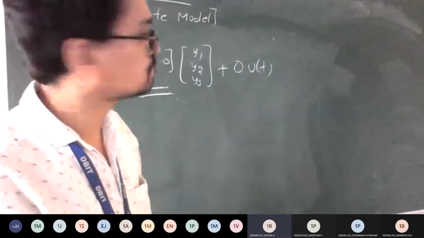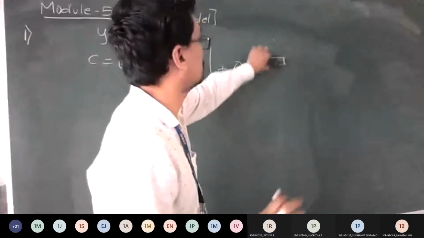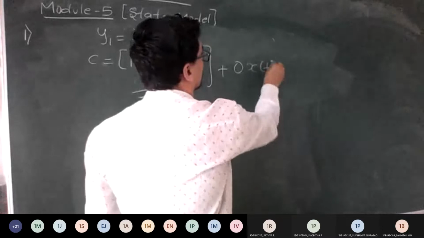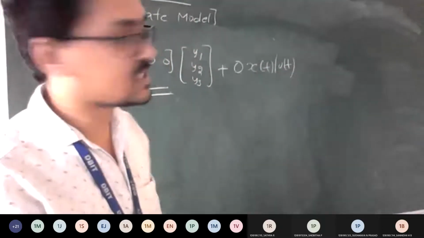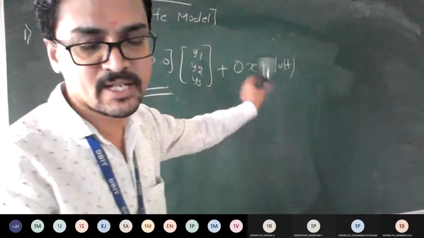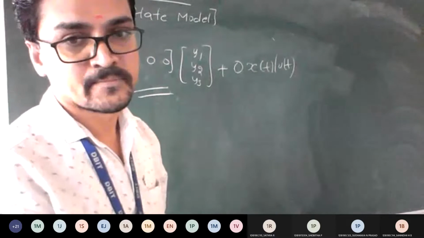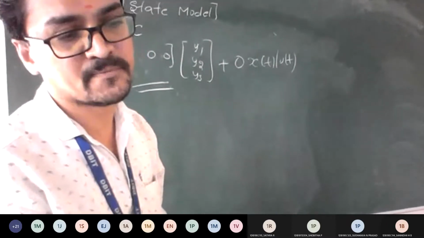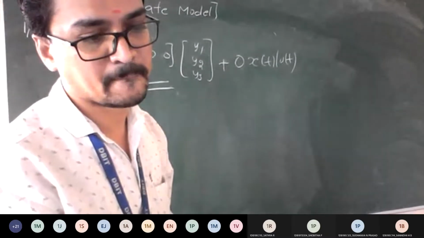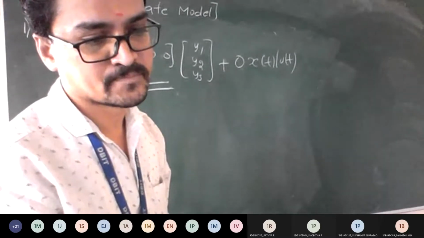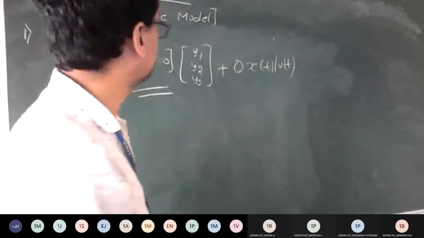Sir, do we need to take u of t or x of t? Here you can mention either, it is the same, x of t or u of t. I wrote the generalized formula, where it is u of t in place of x of t. Anyhow, whatever you multiply by, it is 0 only, so it is kept as it is. Is that fine till here to everyone? Yes, sir. Okay, so now we'll go with the next type of problem.